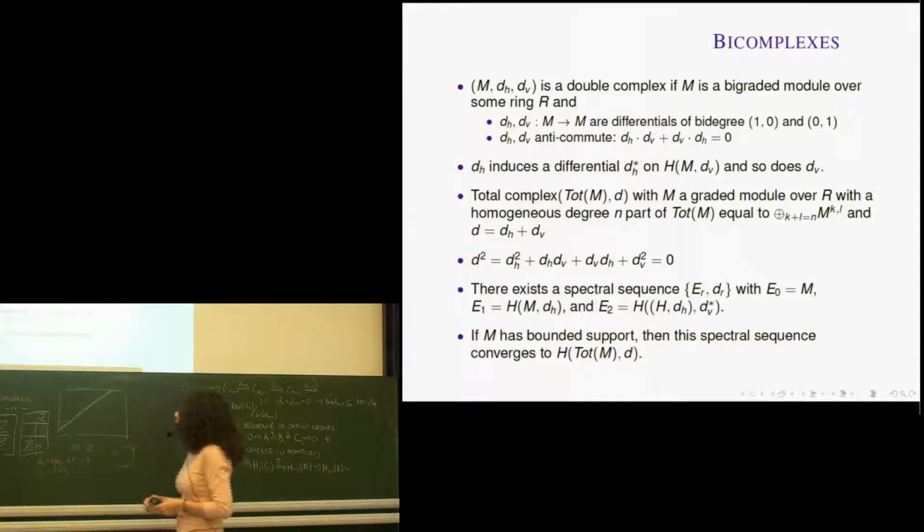And it turns out that if this is true, then actually this horizontal differential induces a differential on the homology that's computed with respect to the vertical differential. Because remember, now you have two differentials. So if you compute homology in this direction, you're just going to get Khovanov homology. If you compute homology in this direction, you're going to get something, it's a differential. I don't know what. But what's really crucial here is that somehow if you compute homology, let's say here, then there's a way to upgrade this differential to a map on homology groups that's also going to